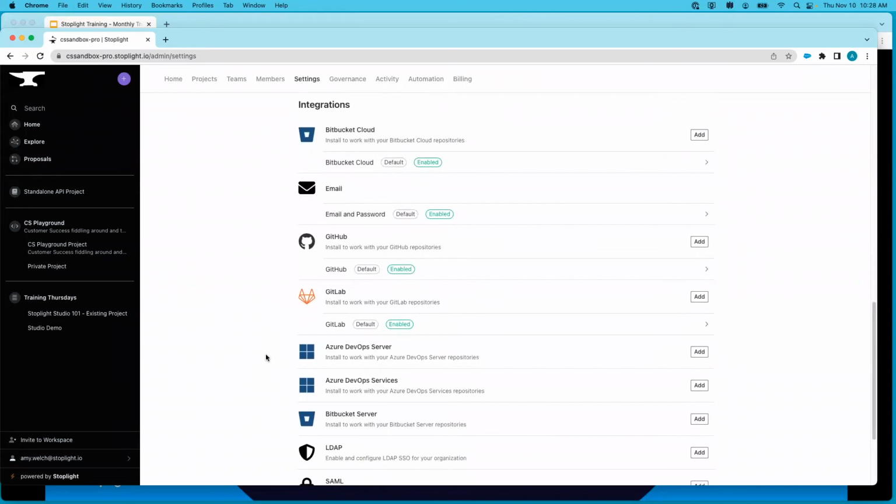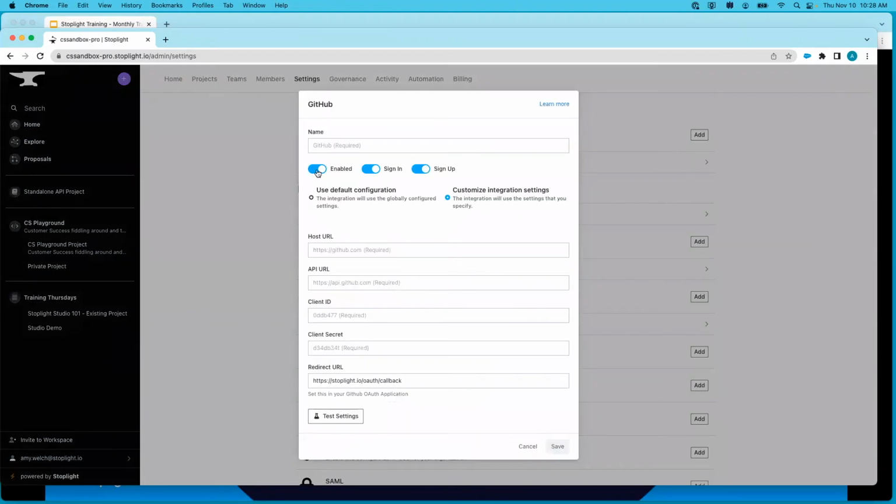Moving down to our integrations. So this is where we can set up not only how our users can authenticate to our workspace, but also if we want to connect any of our Git repos to our workspace, we can do both of those things from here. So if we come in and want to look at GitHub, for example,